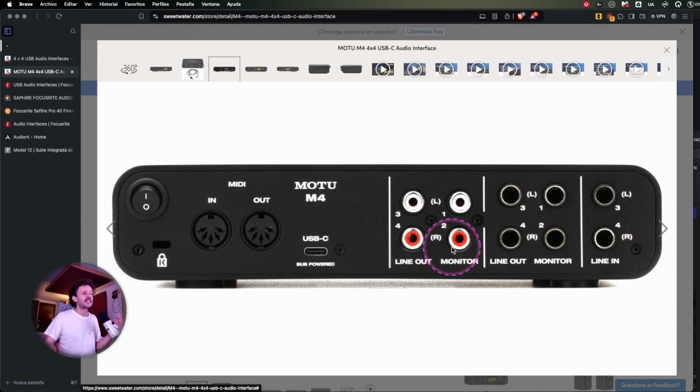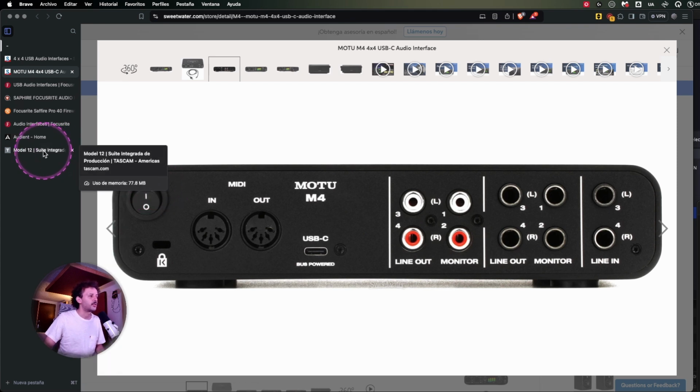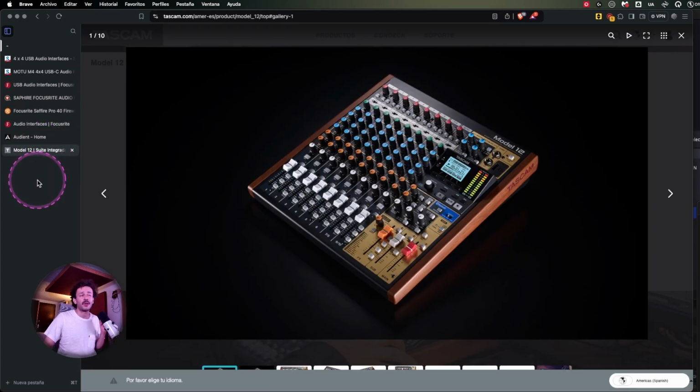So the ways in and out of your audio interface are determined and decided by what type of instrument you are playing, usually at your home, or what kind of needs you are trying to cover. If you're trying to make podcasts for recording on location, you probably need... There are a couple of products by Rode that do that kind of solution, but something like this might be a better choice,